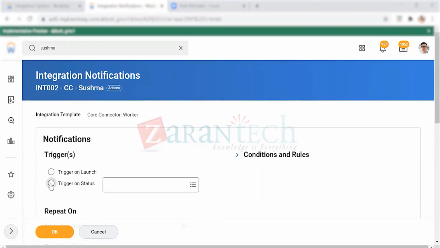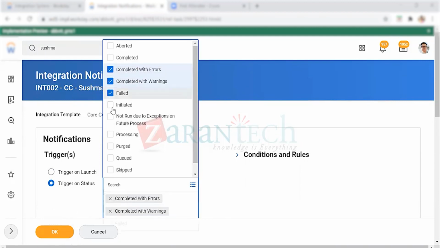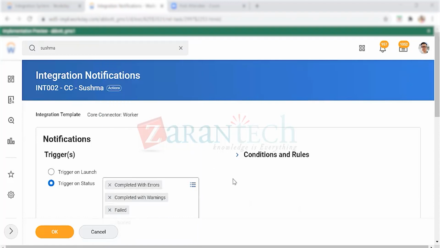We trigger on status, either completed, completed with errors, completed with warnings, or failed. We mostly don't go for initiated in real time. Also aborted or queued. Basically we use this for status. As per the requirement, we can use other statuses as well. If any of the status has happened, it has to notify the